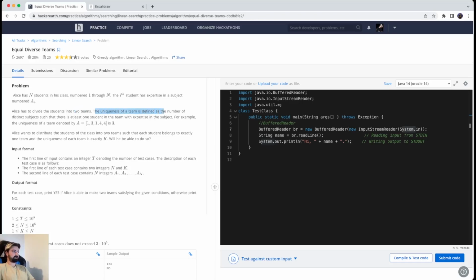Uniqueness of a team is defined as a number of distinct subjects such that there is at least one student in the team. For example, the uniqueness of a team denoted by A 1 2 1 3 1 4 4: there is at least one student in the team with expertise in the subject. There are 5 elements in this team, I mean, 5 distinct subjects. Oh, sorry. One should distribute the students of the class into two teams such that each student belongs to exactly one team, and the uniqueness of each team is exactly K. Will he be